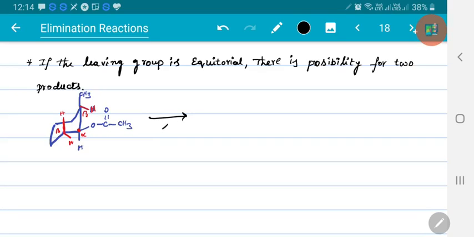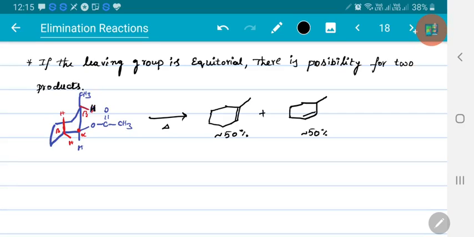So here this leads to two types of products. One is when the double bond is formed by abstracting this first hydrogen, this hydrogen. This is the methyl group, and there is the possibility for a second one, that is abstraction of hydrogen from here. So you may get a double bond at this position. Both have equal possibility, so this is approximately 50%. This is also approximately 50% because both have nearly the same probability, right?